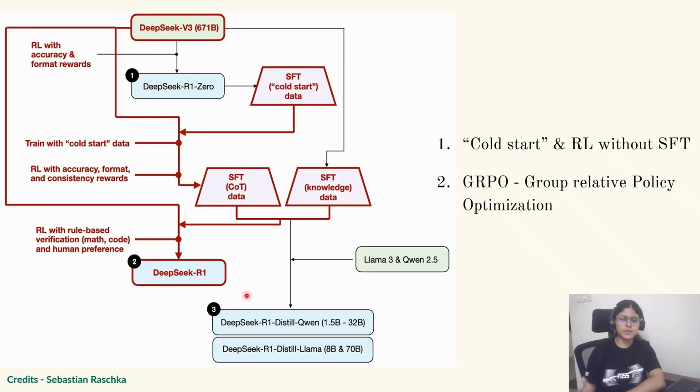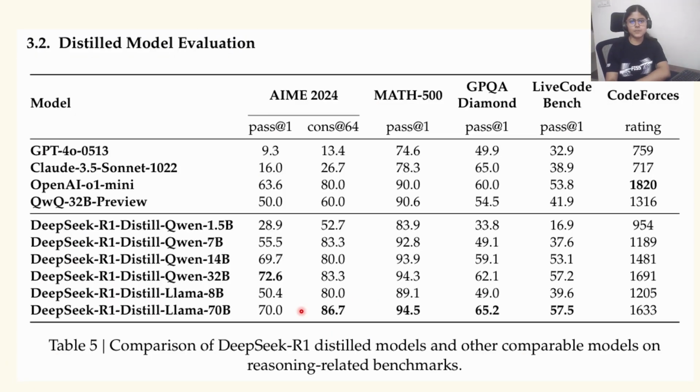Distilled models, however, had somewhat downgraded performance compared to DeepSeek R1, because obviously you cannot compare a small model with such fewer parameters to DeepSeek R1, which is a very big model. But it still does well in certain tasks, and if you see these benchmarking results, it is being compared with GPT-4o, Claude 3.5 Sonnet, and OpenAI o1-mini, and it is giving greater results in some of them. So the DeepSeek R1 distilled Qwen 32 billion model is performing well. Of course this varies across datasets and performances, but it is worth mentioning.